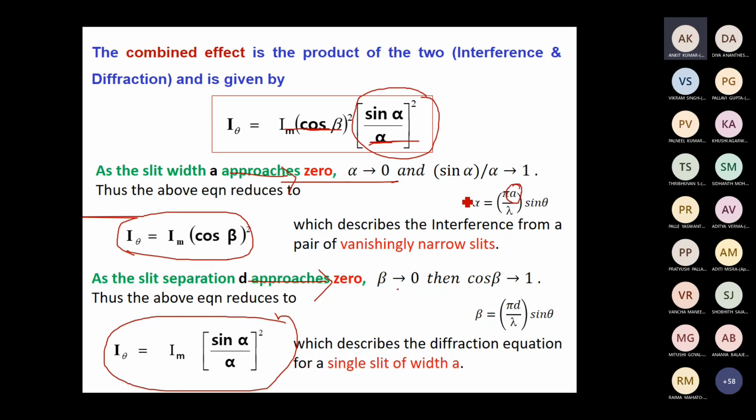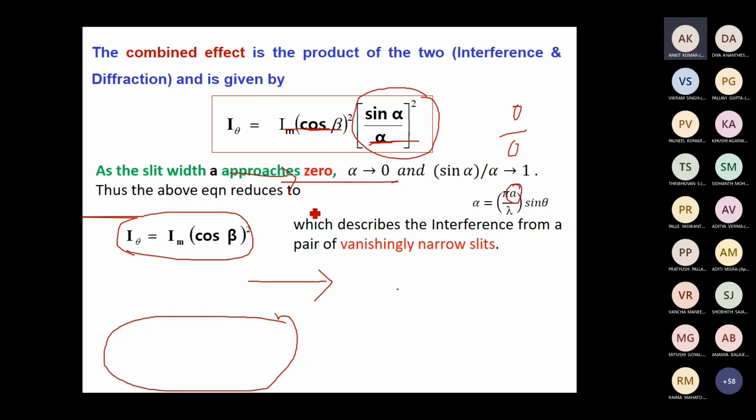It's a good question that nobody asked. I was expecting somebody to ask. See, alpha is 0, sin 0 is 0, so it will be of 0 by 0 form, right? In mathematics, you might have studied L'Hospital's rule, the indeterminate form. There you need to differentiate this sin alpha, then you will get it as 1.